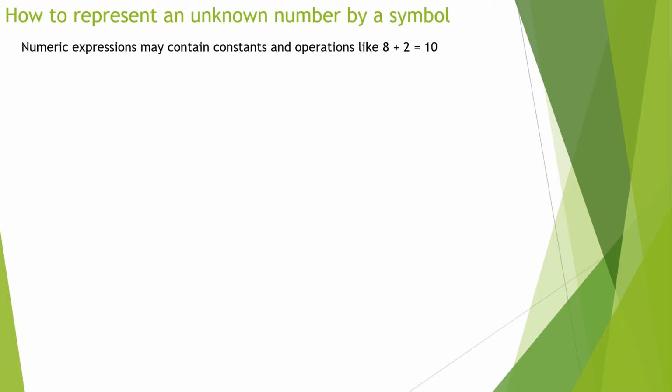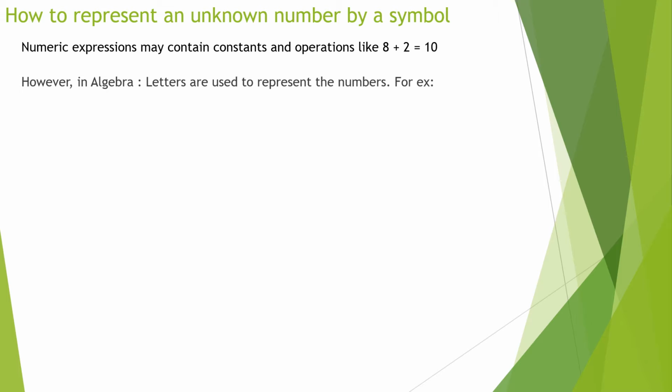Here 8 is a numeric value, 2 is another numeric value, and 10 is another. All three values are numeric ones, so this is called a numeric expression. But in algebra